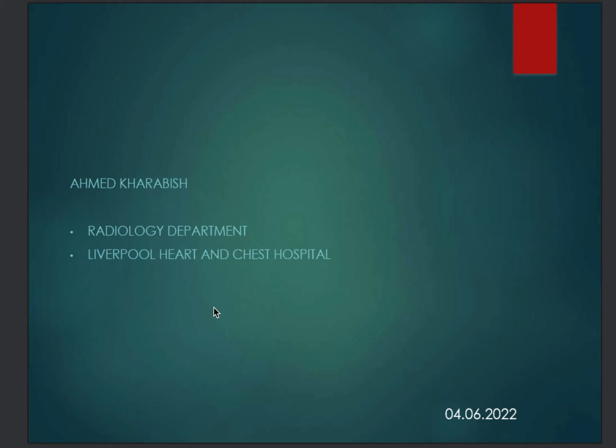Probably most of you know about the heart defects from an anatomical point of view. I'll try to go through some points of the hemodynamics and points to comment on during reporting of cardiac MRI or a CT of the congenital heart defects that are more significant and relevant to the management of